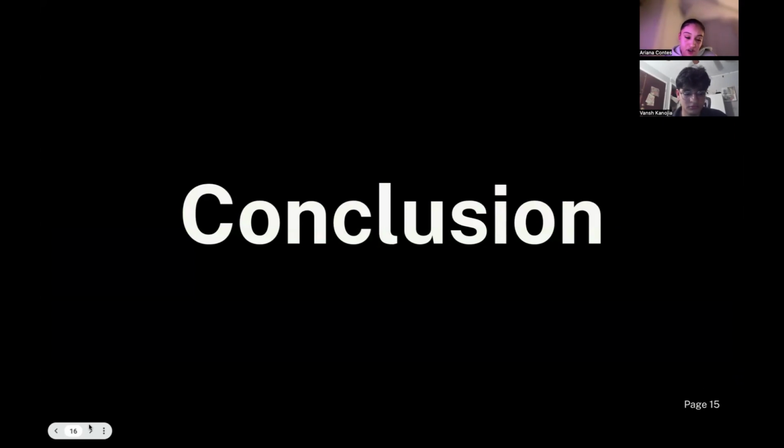So, conclusion. All in all, the weakest link in cybersecurity is people. No matter how advanced security systems become, human error remains the easiest way for attackers to infiltrate networks, steal data, and compromise entire organizations. Social engineering exploits human psychology like trust, urgency, fear, and curiosity to manipulate individuals into revealing sensitive information or granting access. Cybercriminals understand that technology can be secured, but human behavior is predictable and exploitable.